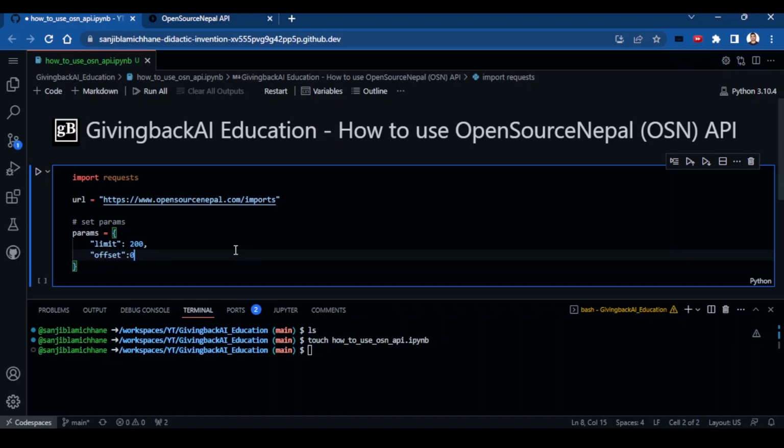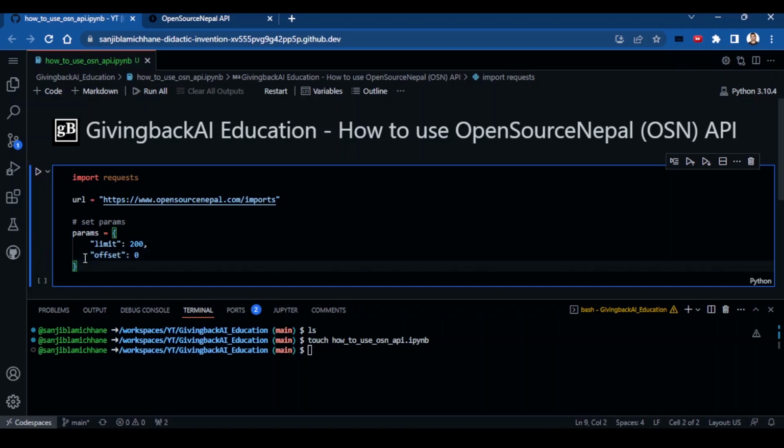So what is offset doing here? Quick question, what is offset doing? Basically, offset is simply from where you want to start looking at your data. Since we are just starting, we want to look from the first page, that's why it's 0. But if you want to go to the next page, you can do 1 or 2 or any other slices. Since we are dealing with the first page, let's just do 0.